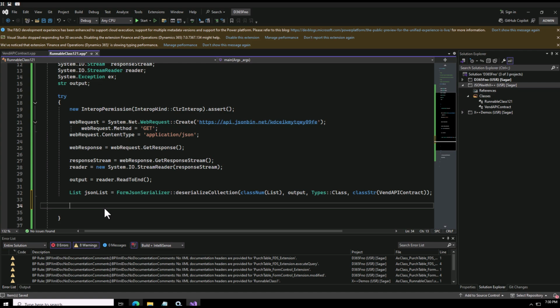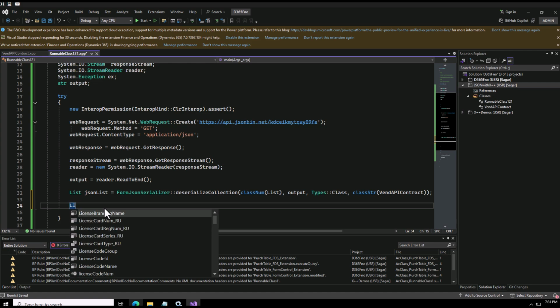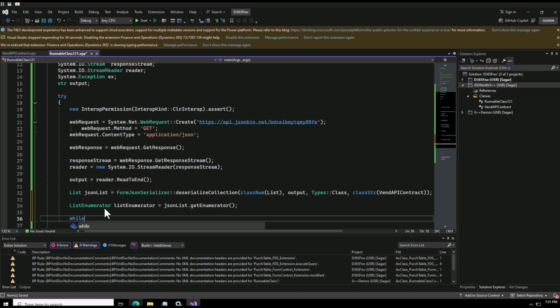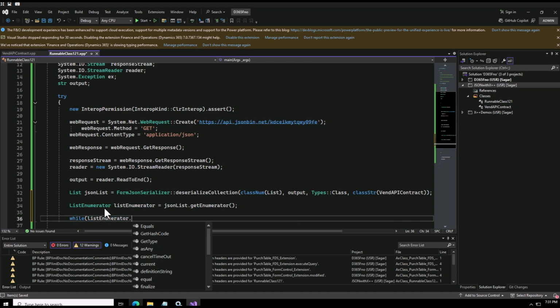Now I will use a list enumerator here. So let me define a list enumerator here. I can say list enumerator equals to, from my JSON list I can easily get enumerator. Then I am going to pass through every element. So I can say while my list enumerator dot move next,